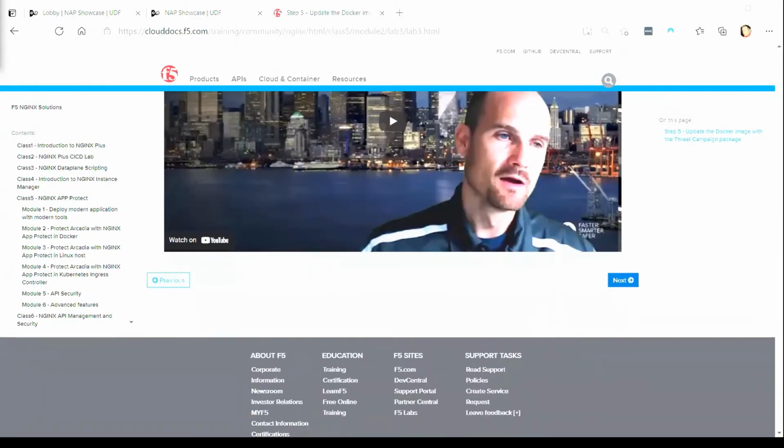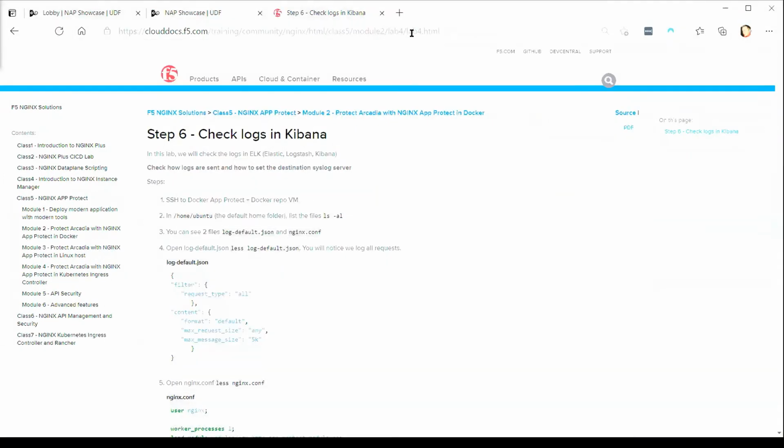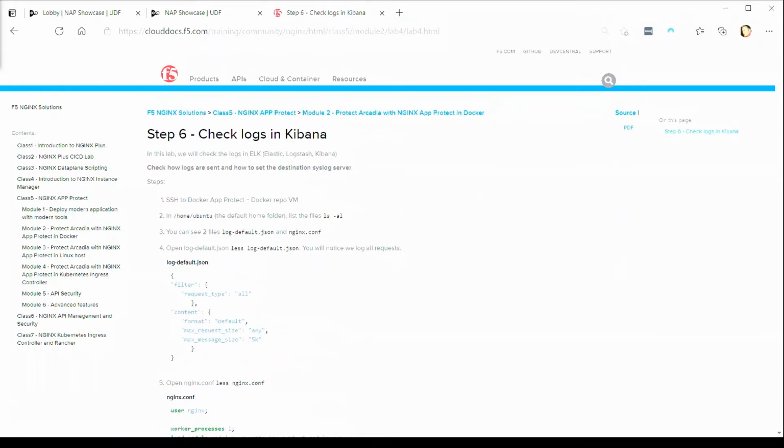If we go down to next, and we should find ourselves in class 5, module 2, lab 4. So yeah, okay. The first steps it wants us to go through is simply to visualize what's been configured as the log formats and where it's being pushed to. So let's do that to get a feel of how that actually works.